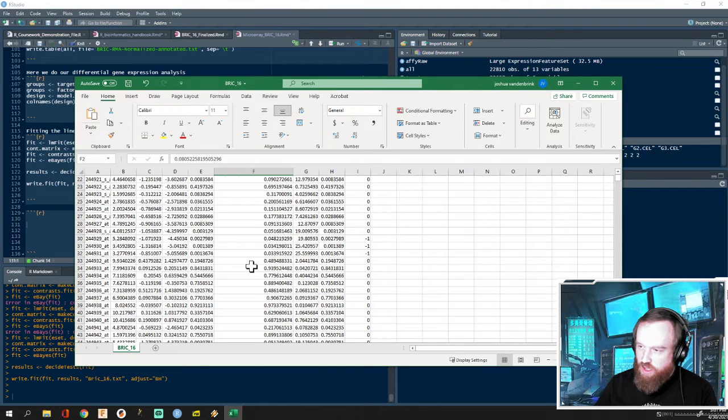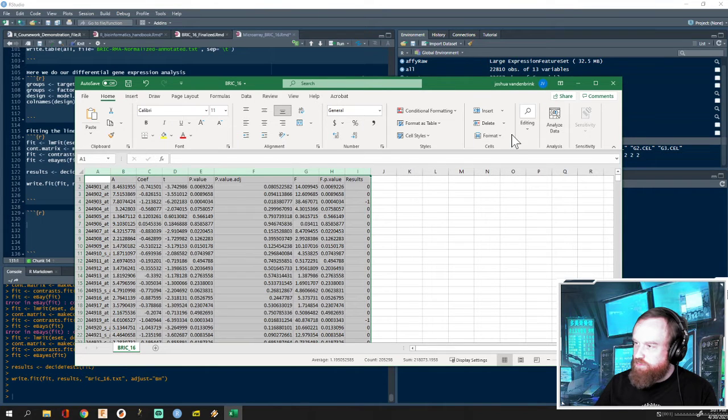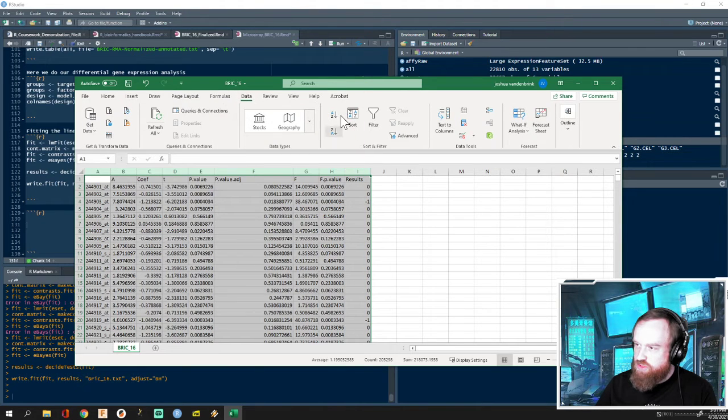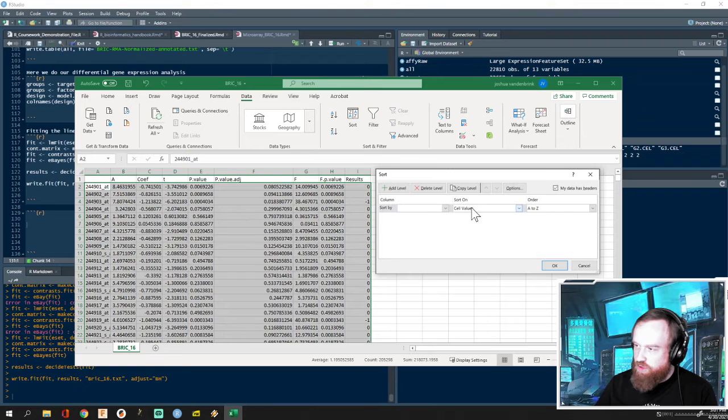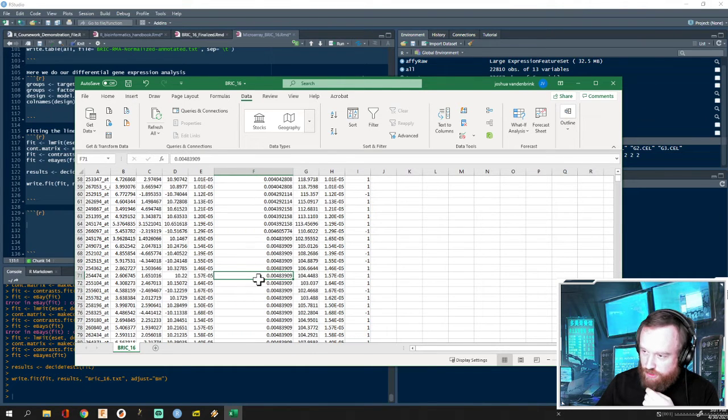And so we would be interested in p-values that are less than 0.05, right? So we are going to sort, and we're going to sort by column p-value adjusted, smallest to largest. And so as you can see, these are all significant. These genes are all significantly different. And so if we were to go down,